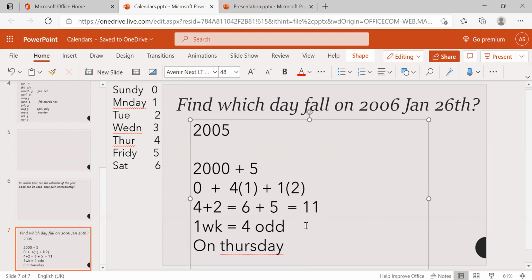If you cannot make a week, then we have to consider that number as the odd days. Odd days is nothing but what we cannot make a week from. That number is called odd days. So 4 represents Thursday, so we can say 2006 January 26 is on Thursday, right?